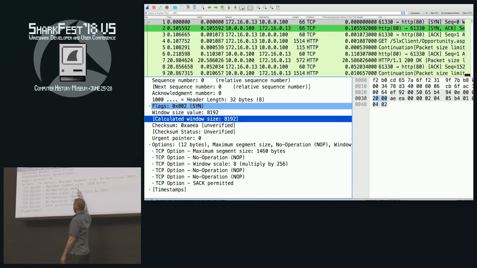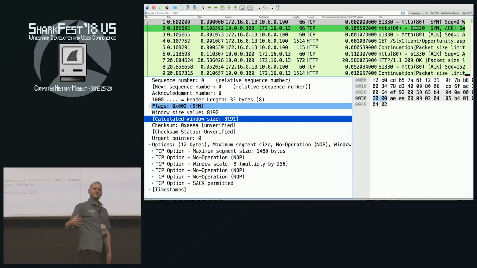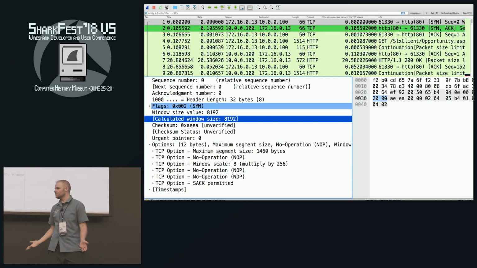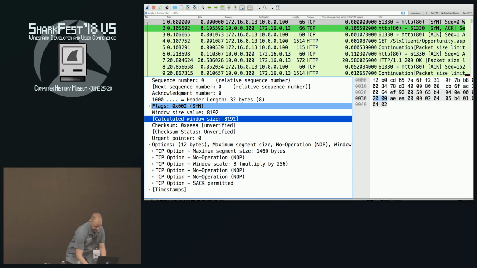No operation, no operation, no operation. Whoa, so do I just have a repeating myself problem here? I mean, what's up with all these no operation TCP options? Is that a problem? Is it an issue? No op. Well, basically, let me explain that real quick. So TCP no operation,